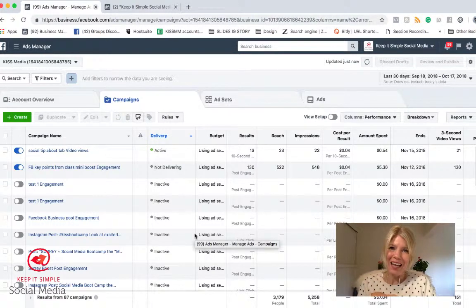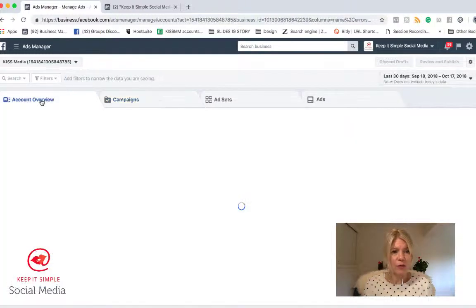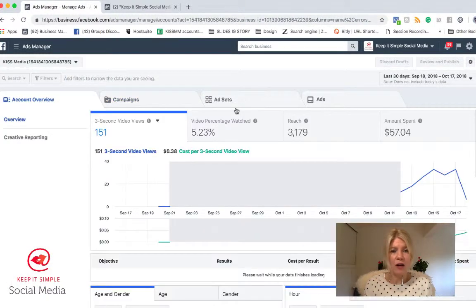Hi everyone, let's dive right into the core of advertising on Facebook and Instagram, which is Facebook Ads Manager. When you first get into the platform, you go into Account Overview and you can see an overview of your